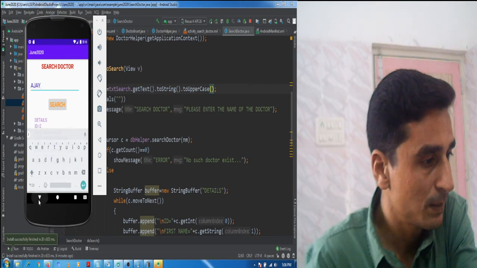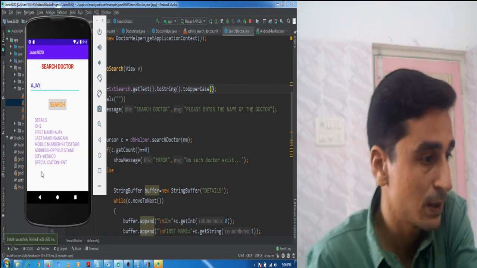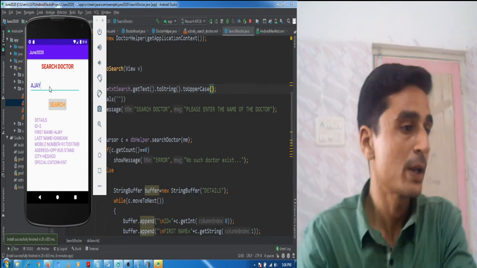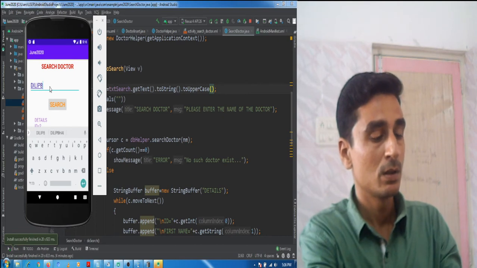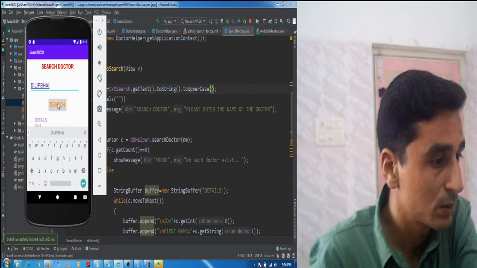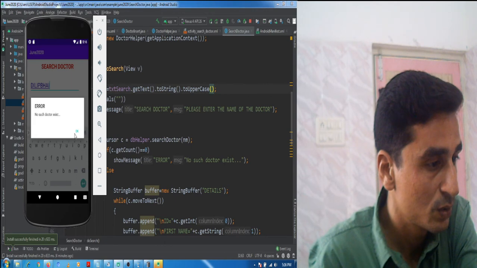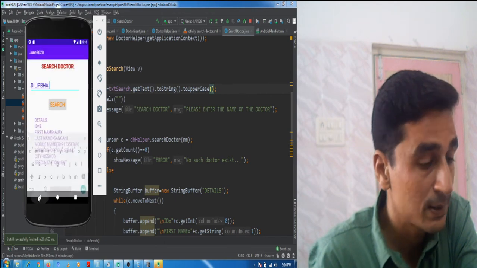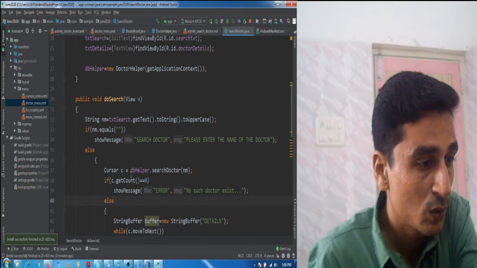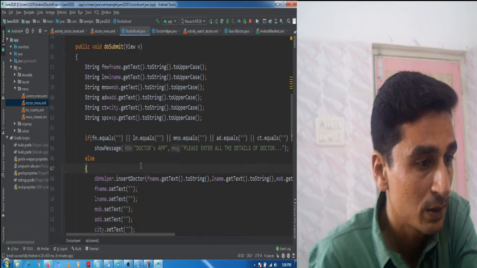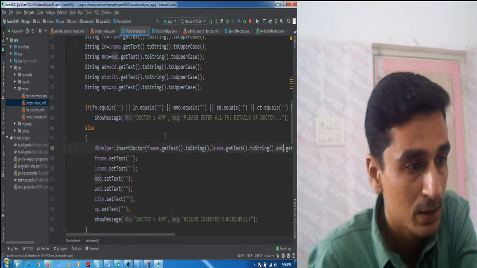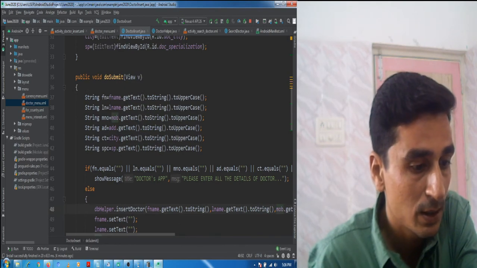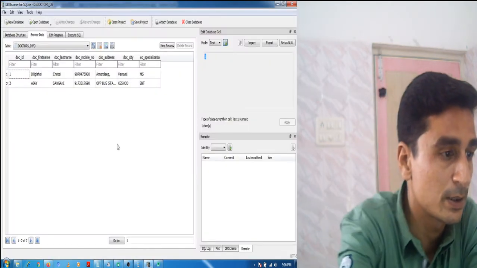Okay, the details which were entered previously are appearing, but the new records which I have inserted now have not been shown. Okay, it was entered in small case, that's why. So where is insert? Insert record, first name, last name, the text. Let us see whether the table records are inserted or not.